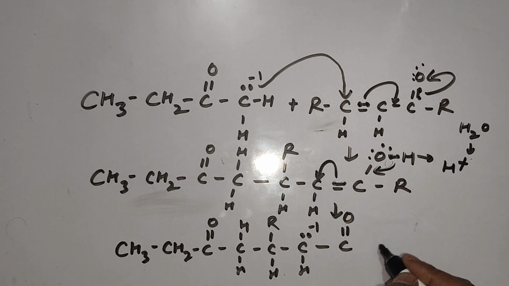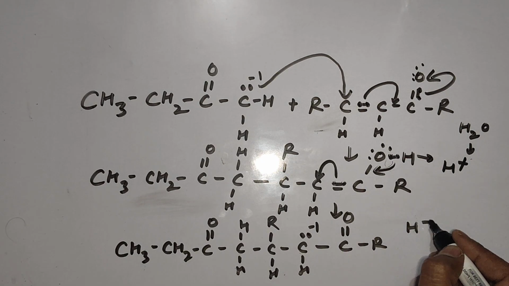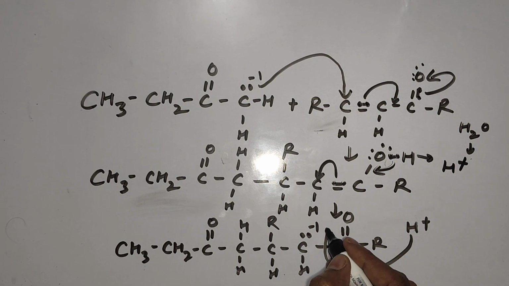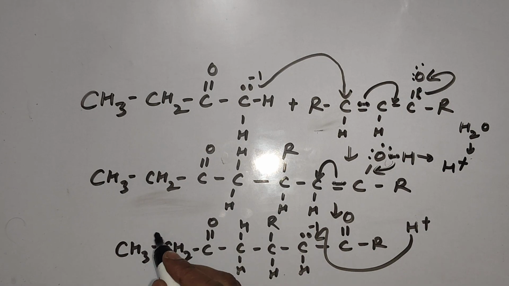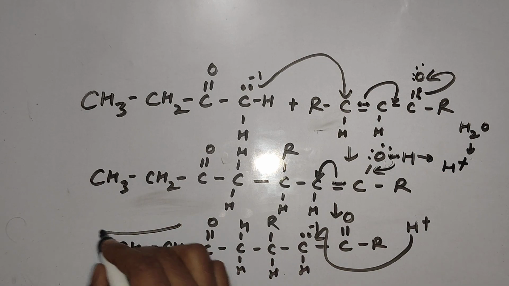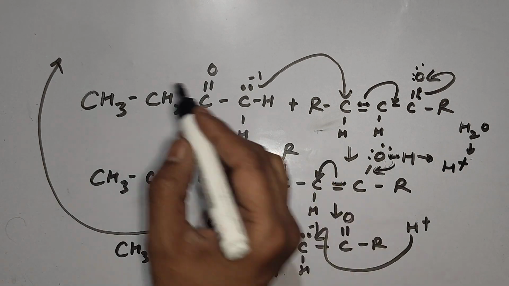Here we have a double bond with oxygen, R, and the H positive which is released will combine on this carbon. So after this attack, our molecule will change to, here I am writing,